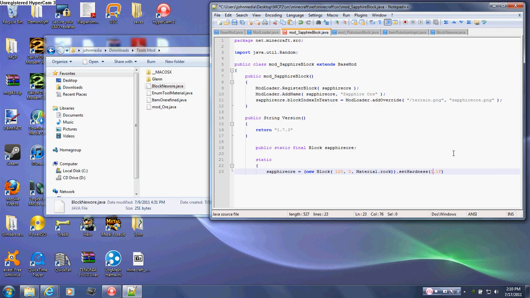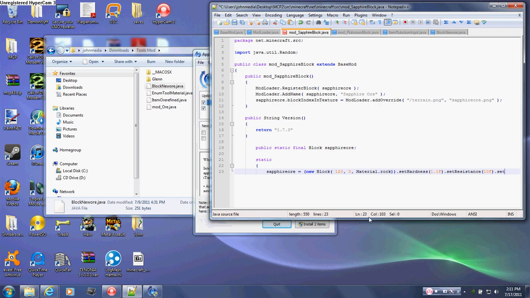So this 1.1 should be as hard as regular ores, like for example iron or coal, like how fast they mine. Then afterwards you want to put dot set resistance, and this one's just for TNT resistance, so we're just going to put 10F, remember the F is capital. Then you want to put dot set,